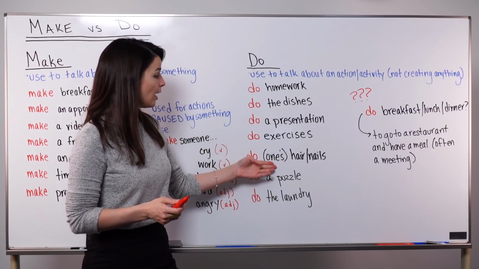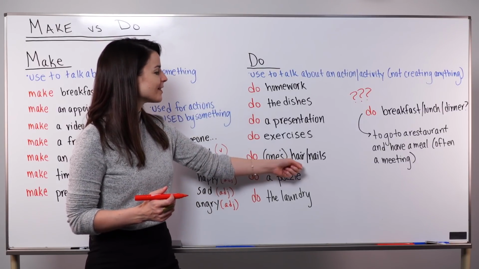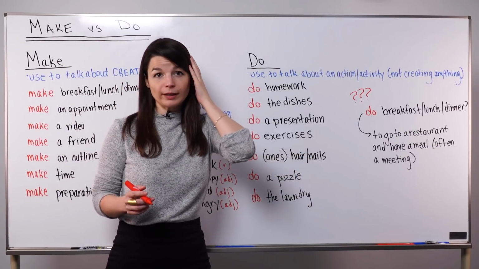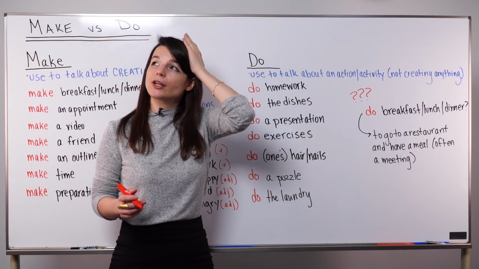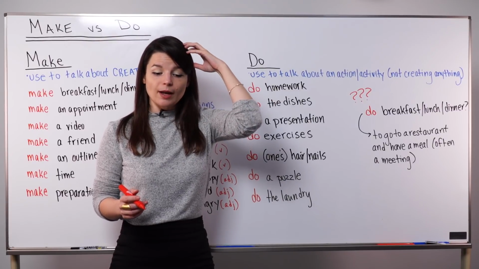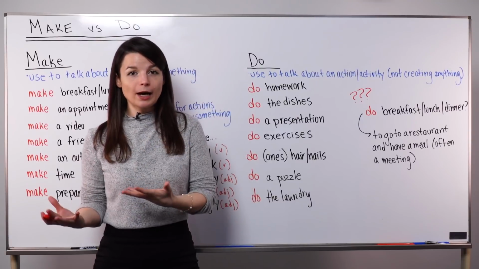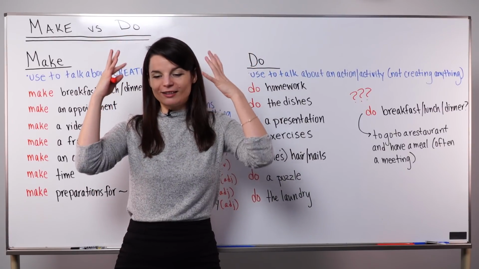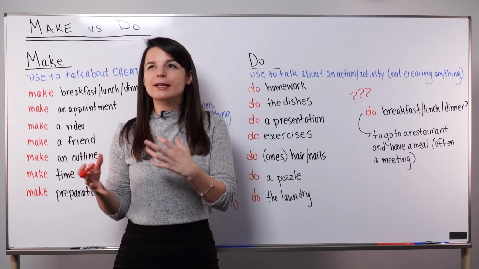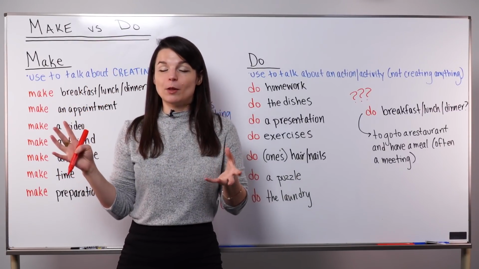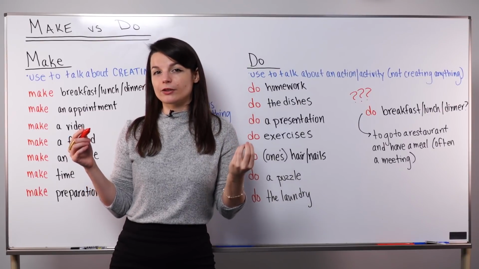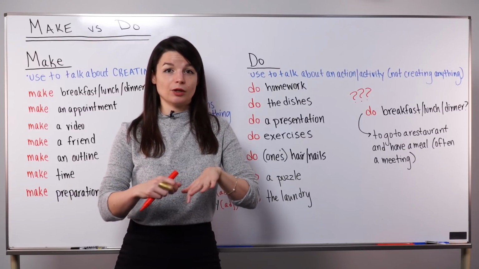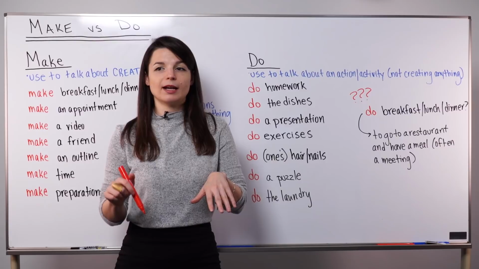Okay, another one, I've got two here actually, is to do one's hair or to do one's nails. So to do in this case means to style one's hair, like to do your hair. But we imagine when we use do for hair that it's your everyday style. Like you wake up, brush your teeth, and do your hair. So it just means you fix your hair to make it nice for the day. It doesn't always mean a big fancy style, but it can just mean your everyday hairstyle. For nails then, to do your nails means to paint your nails usually. So do your nails is quite common.